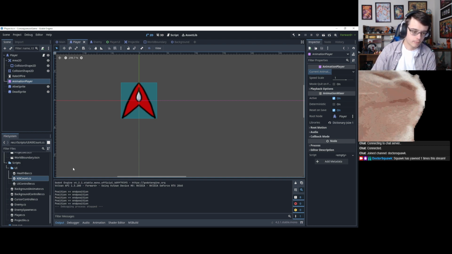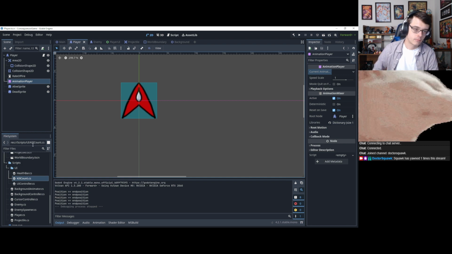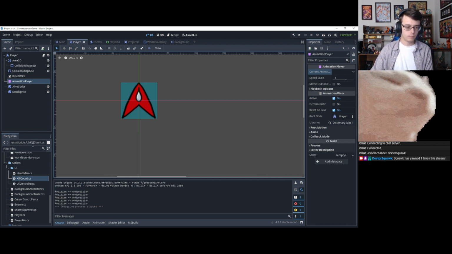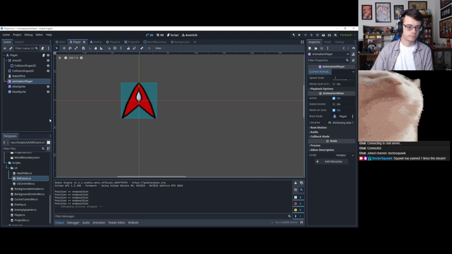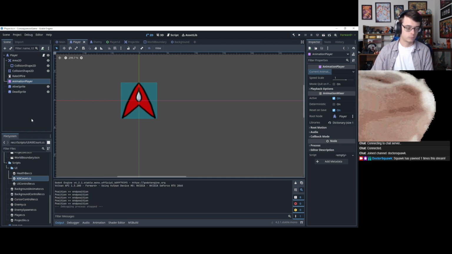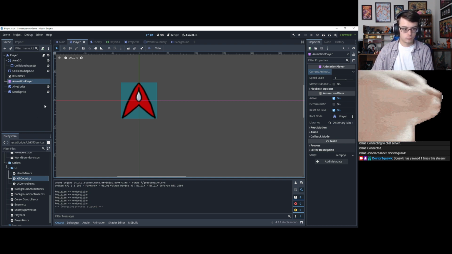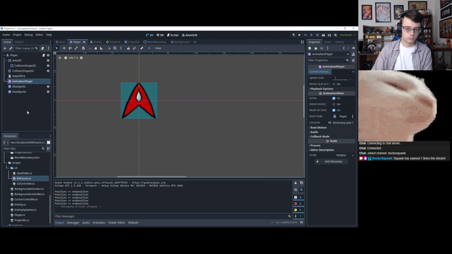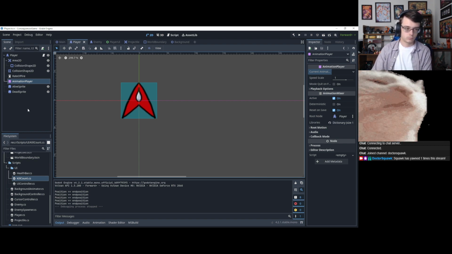I was wondering, why is this working like this? I was trying to put the panel container inside of the center container to center it, but the panel container's minimum size must be 0. Because the minimum size is 0, it just forces it to be 0, and I don't see the panel. And because you can't control it, if another container's controlling it, it doesn't allow you to actually see the panel. You can't modify any of the size or the position or anything.